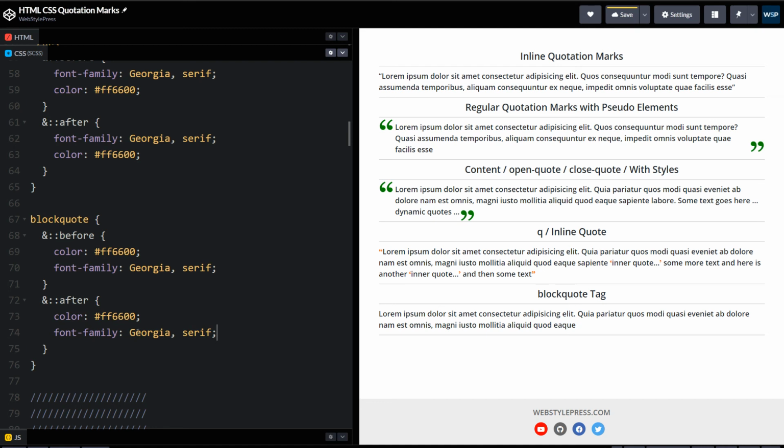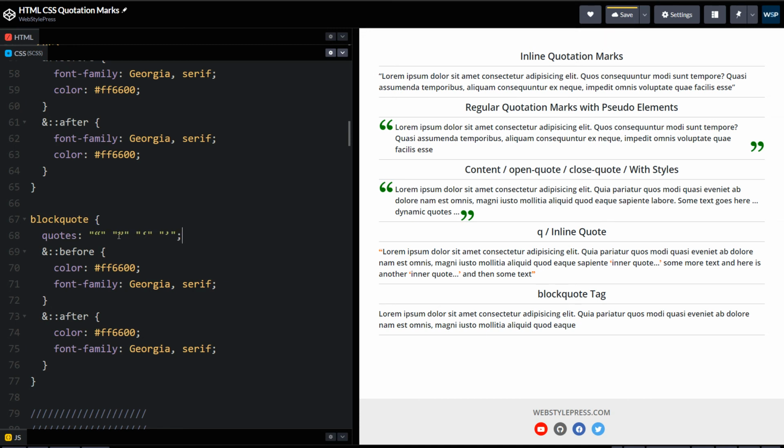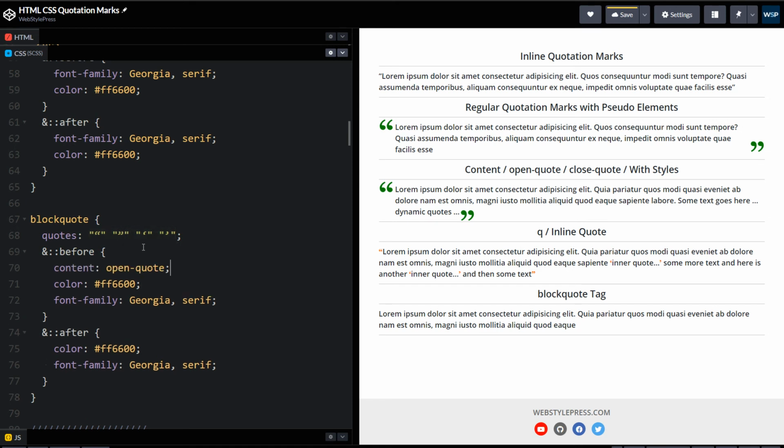Color and font family Georgia for quotation marks. For blockquote, quotes CSS property. Before pseudo element, content CSS property, values open quote, and here for after close quote. Save.